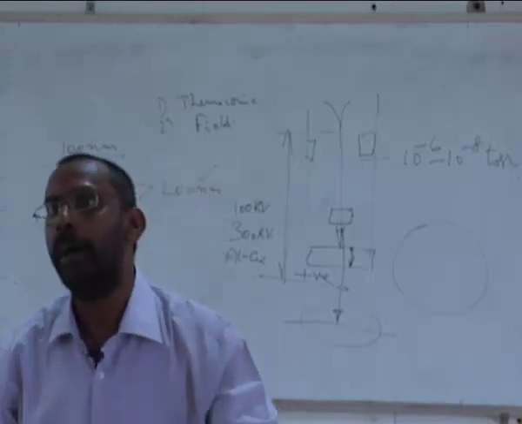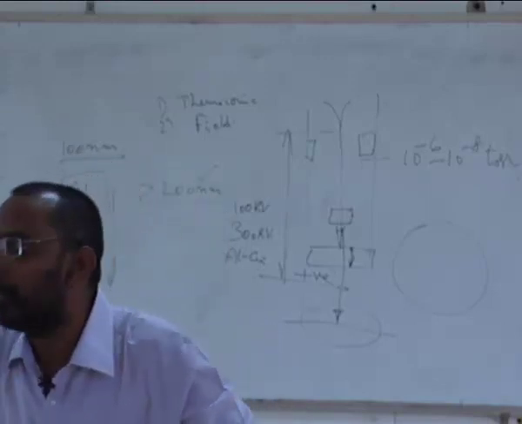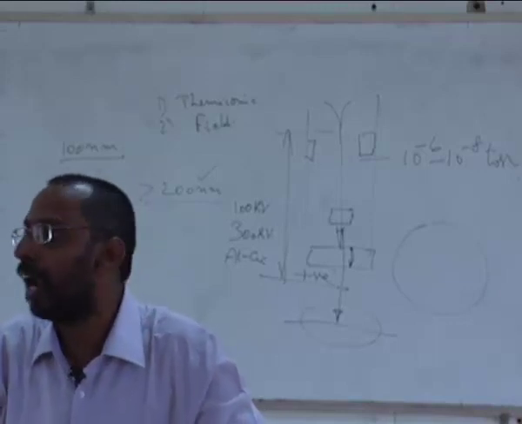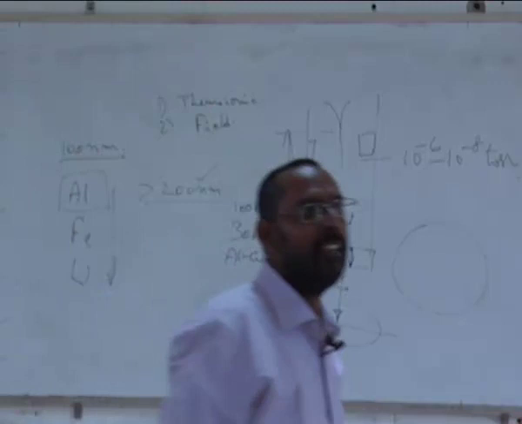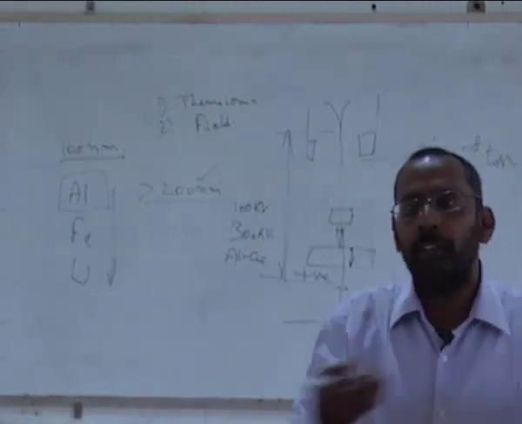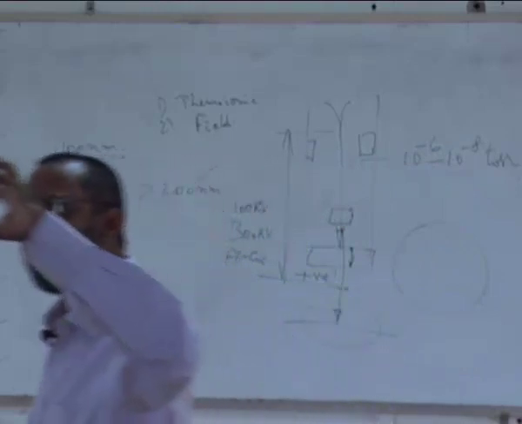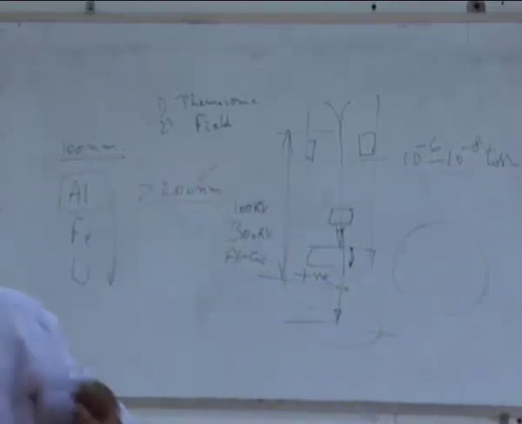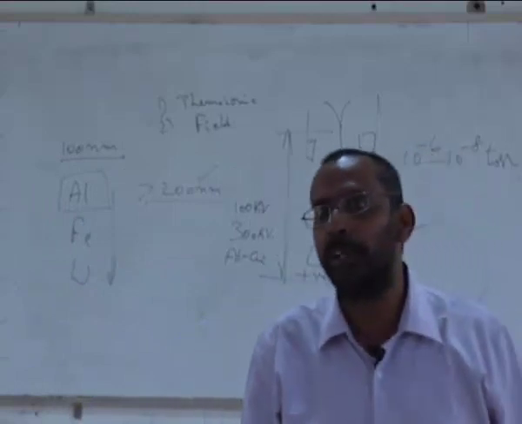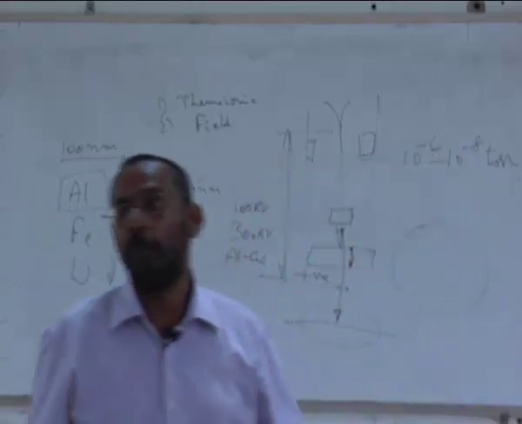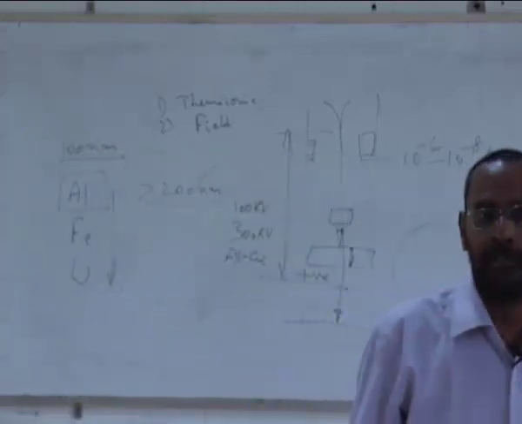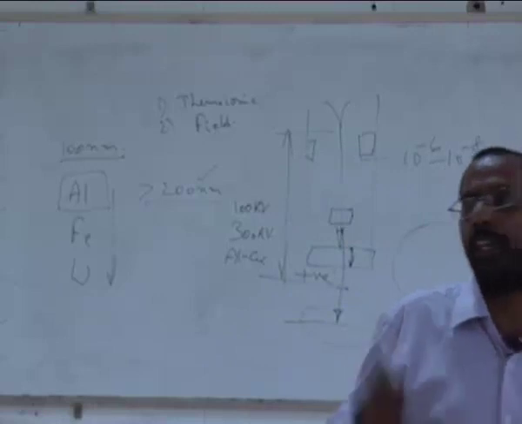How do I do that? By adding certain alloying elements. For example, if I add nickel and chromium, then the Tc comes down significantly. So one can do this by alloying. Without even alloying, by simply decreasing the particle size, there is a possibility of converting ferromagnetic materials to paramagnetic materials. All this is possible by simply making it nano. If I have such a nanoparticle, I want to see it using an electron microscope.